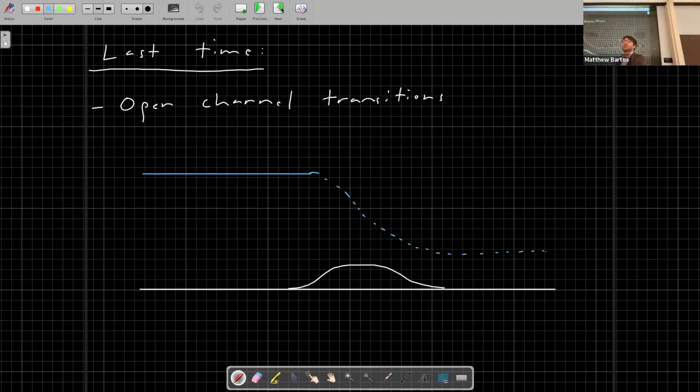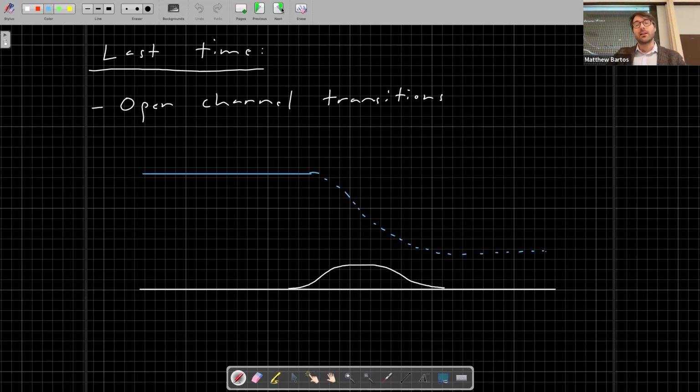All right, so last time we started our discussion on open channel transitions. Up till this point, we had talked about uniform flow. When we have changes in the geometry of the channel or changes in the bottom elevation of the channel, we found that there are going to be changes in the way the flow responds, particularly how the depth and the velocity change over the channel. So we went through an example problem of a transition involving a rise in the bottom elevation of the channel. I showed you the case where we had subcritical flow transitioning into subcritical flow at the